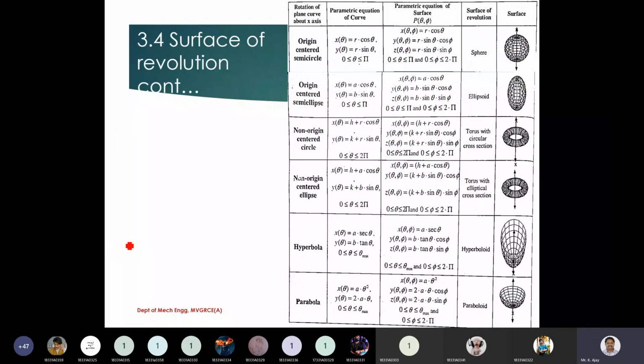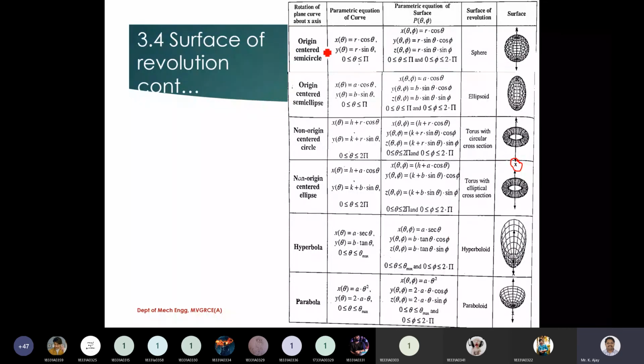I request all of you to note that in all these examples, he considered the axis of rotation to be the x-axis only. In the diagram, it is shown like a vertical line, but he is representing the axis of rotation with that vertical line. Here you can observe there is x, right? So the vertical line he is considering as the x-axis. So that is the reason nothing happens to x.